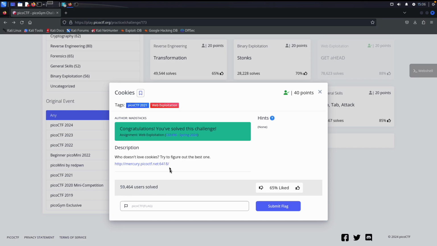Hello and welcome back to another web exploitation CTF of PicoCTF, and this time we'll be solving cookies. In the description it said, who doesn't love cookies, try to figure out the best one, and for this challenge there are no hints. So let's go to this link first,